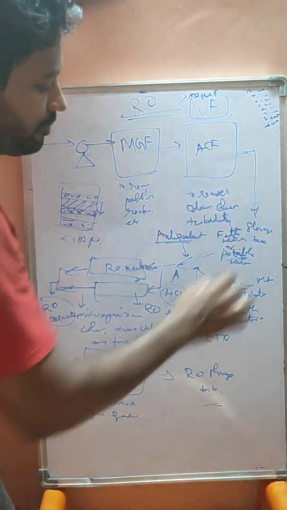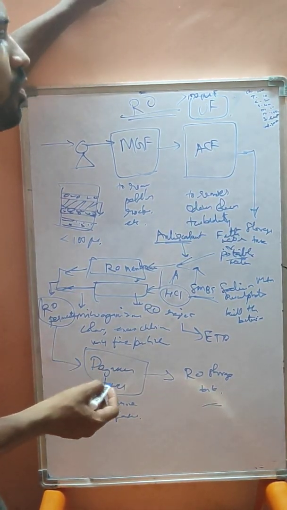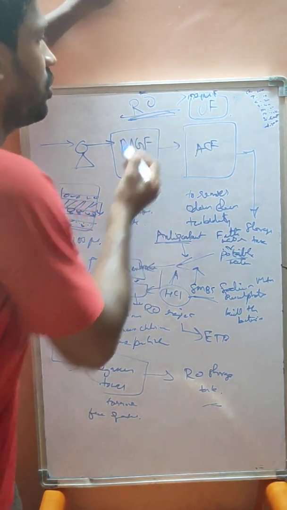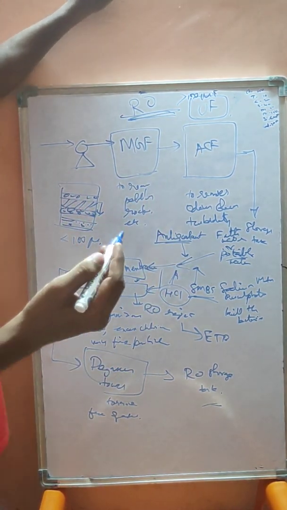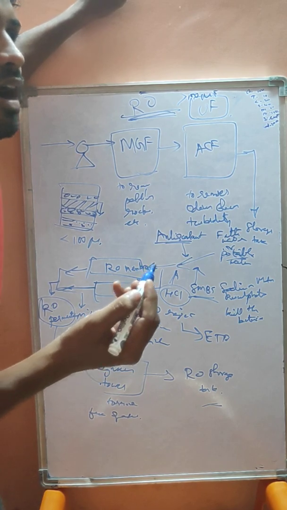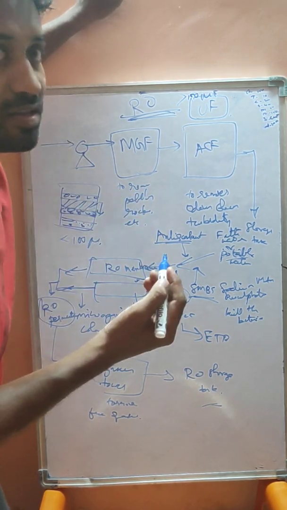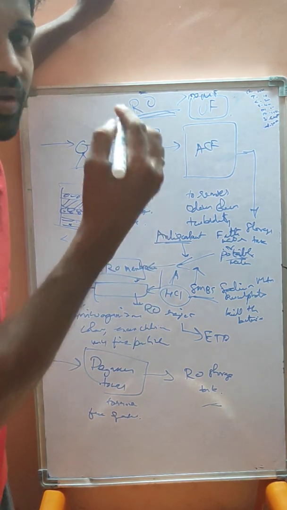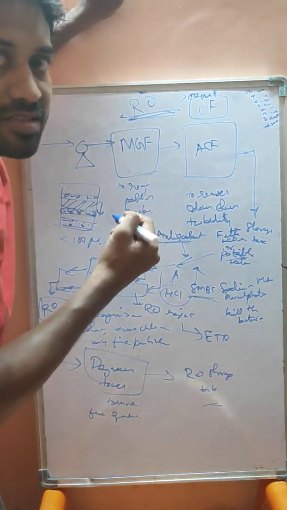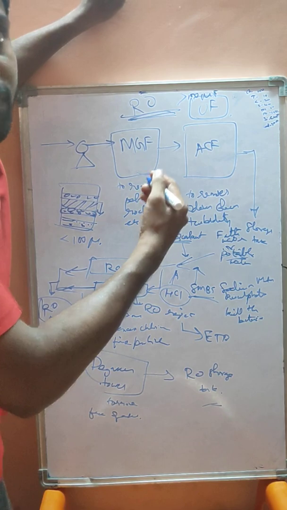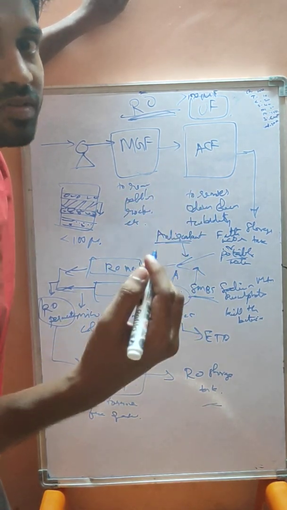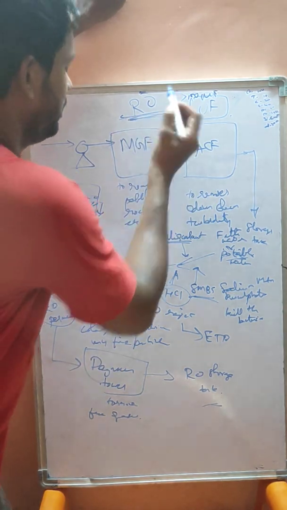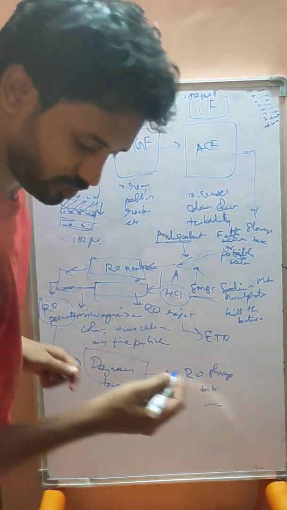So I explained the flow chart. Now I'll tell you what reverse osmosis is. I'll tell you the concept. What is the concept it is working on? The concept is that RO technology separates the solid particles from the highly concentrated side and removes them to the dilute side, which is the pure water that is needed. I'll explain to you. Just a minute.